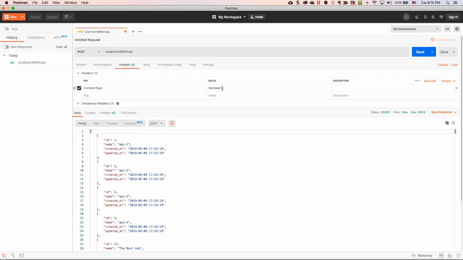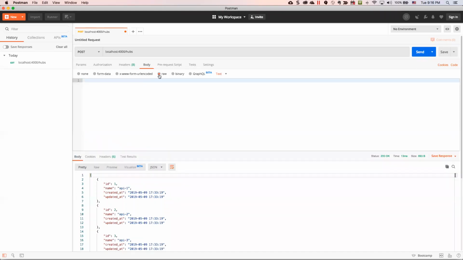Now, headers are just values that are part of the HTTP request. So when the HTTP request goes, in addition to other data that we send it, these headers are there to help different routers control how to route it. Different cache systems know how to cache it. It allows the server to know how to process it. And so one of the things that we can tell the server is what format the body is supposed to be in. Okay, so text/plain is one, but what we want to do is choose raw,